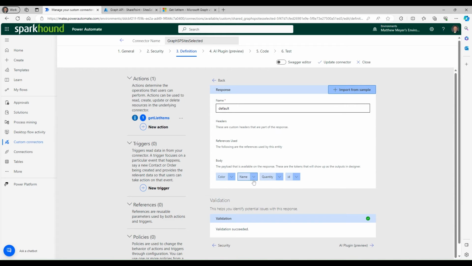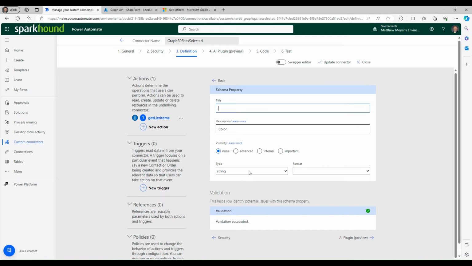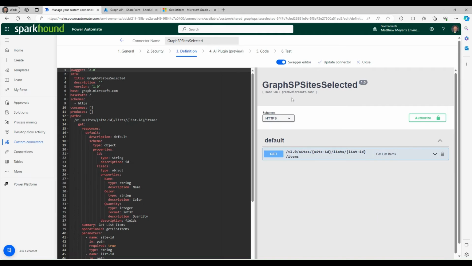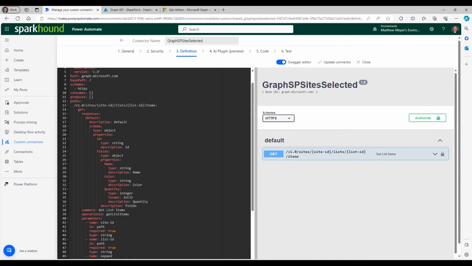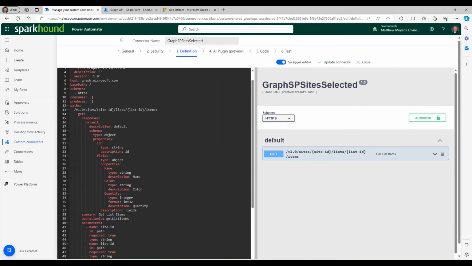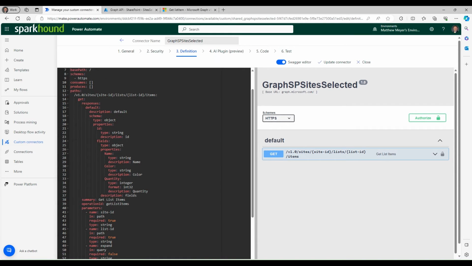Okay, so now you see color and name, quantity, and ID. That's not always going to be the same, so let's get rid of this stuff. So let's go into Swagger, and what we'll do is we come down into that particular area that we're defining this as. So here's our path, there's our IDs, and then we're going to have our default